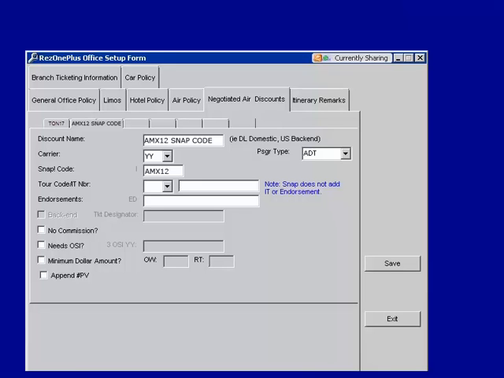You don't have to pick the individual carrier from the drop-down list of carriers when you're storing the fare and you're choosing your negotiated contract. You're basically saying, I'm using either my common middle market discount code or the snap code that I have for my specific customers. Let's say that out of those 26 carriers, one of them, for whatever reason, doesn't file it